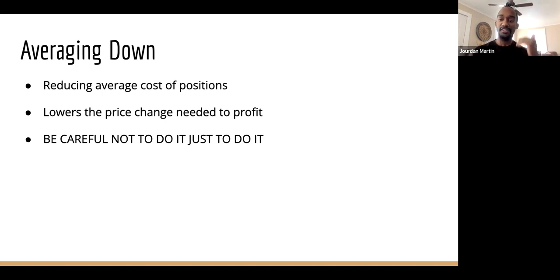So before, if I just stayed at 20 and say it went down to 10, I never bought any more, and then went back up to 17 or 18, I'm still at a loss. However, if I buy some more while it's at $10, and now it moves up to 15, which is my new average, now it goes up to 17, I'm actually in profit, whereas I would have been at a loss. So it can benefit you after you reassess and you say, given the situation, whether it's news, charts,